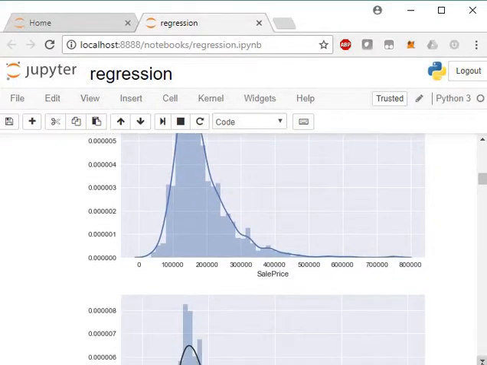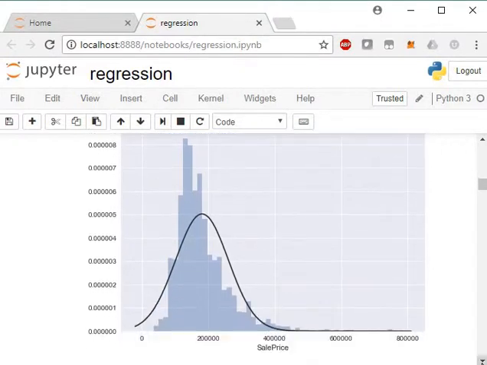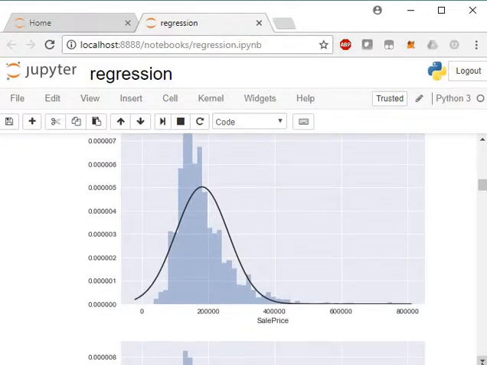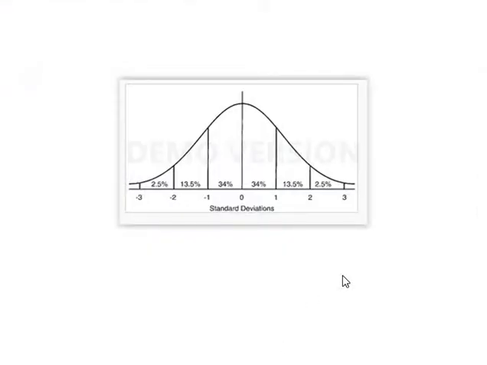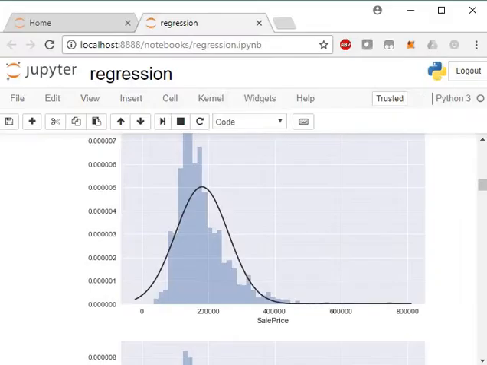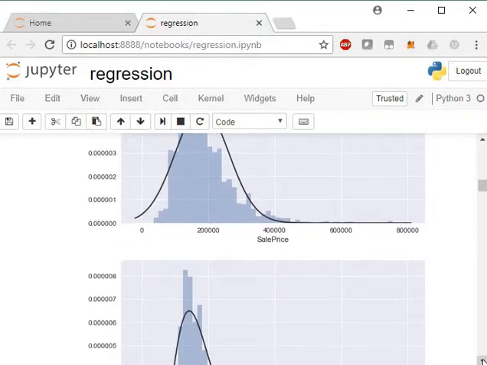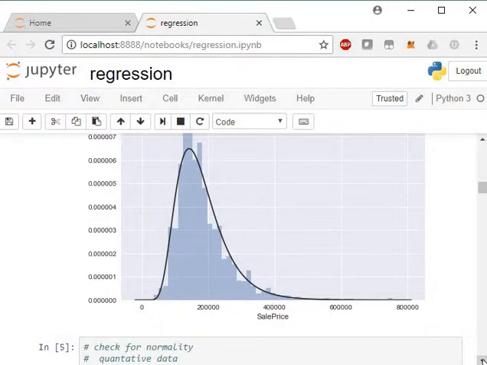So just see the sell price distribution. They are not normalized. Let me show you what normalized data is. This is what normalized data looks like. It has mean 0 and standard deviation 1. It is equally distributed around the mean. But if you see our data, it's not at all normalized. Its distribution is skewed. So we have to do some pre-processing on our target variable